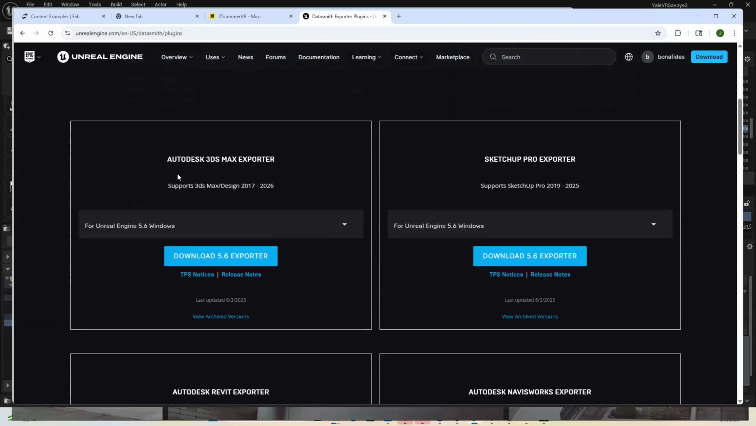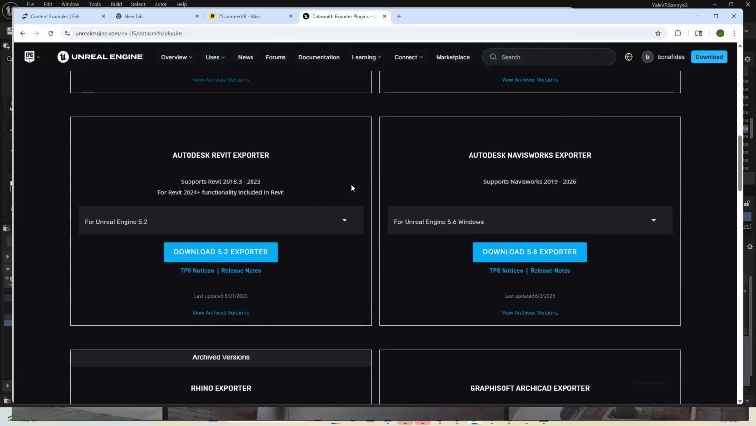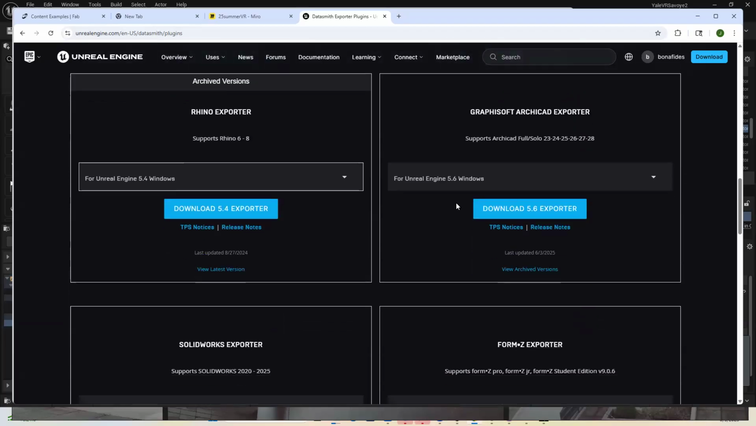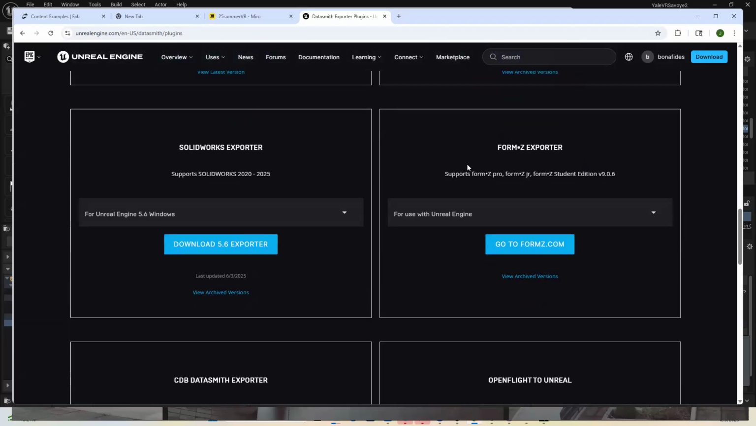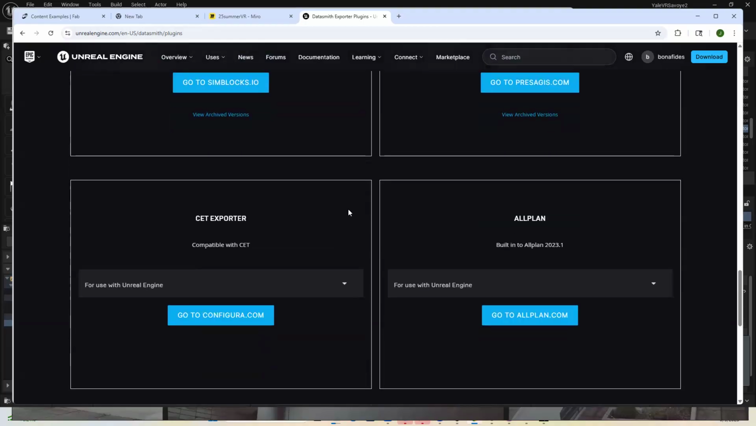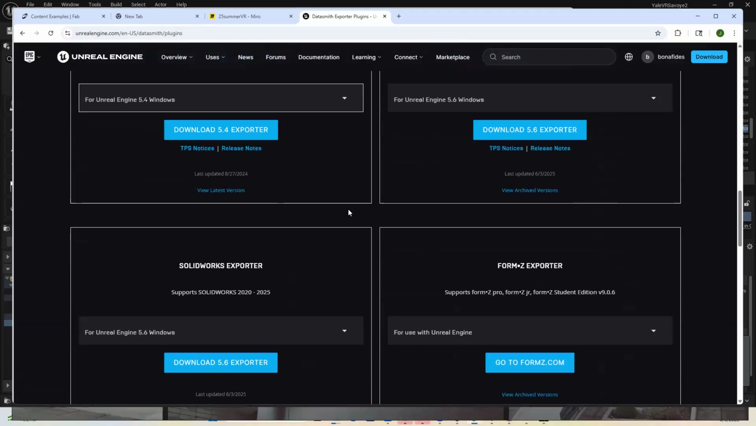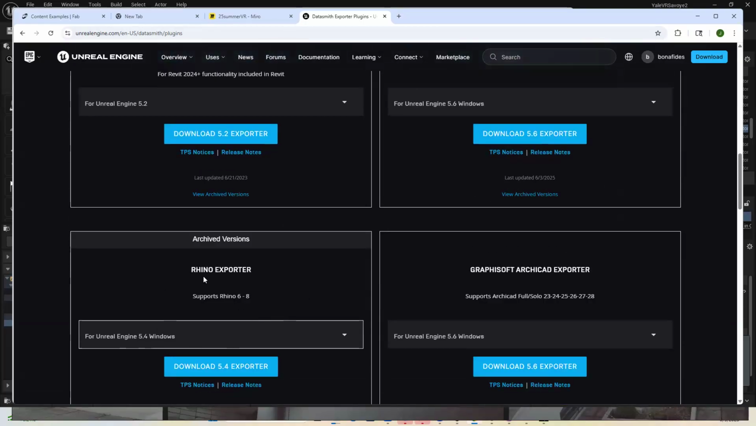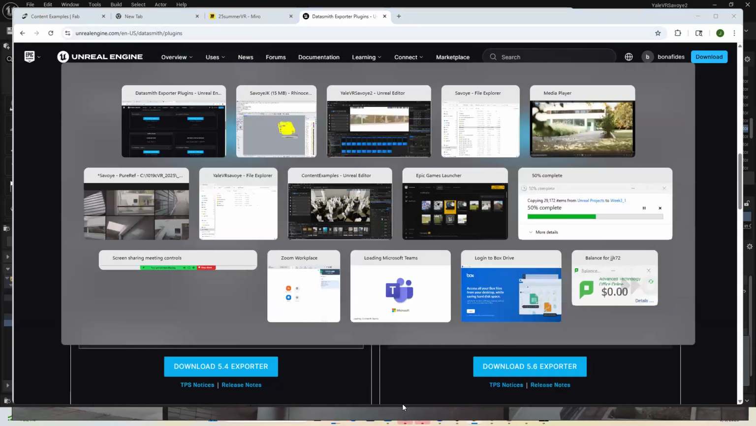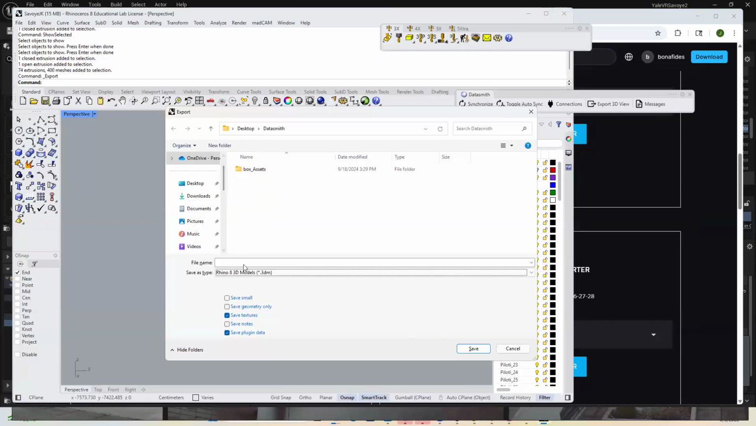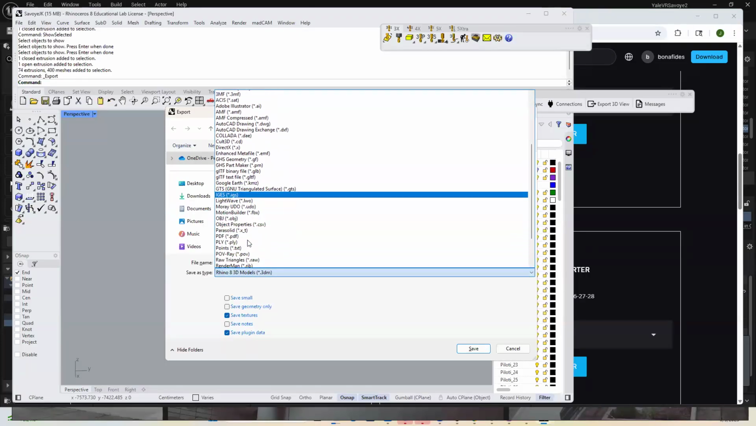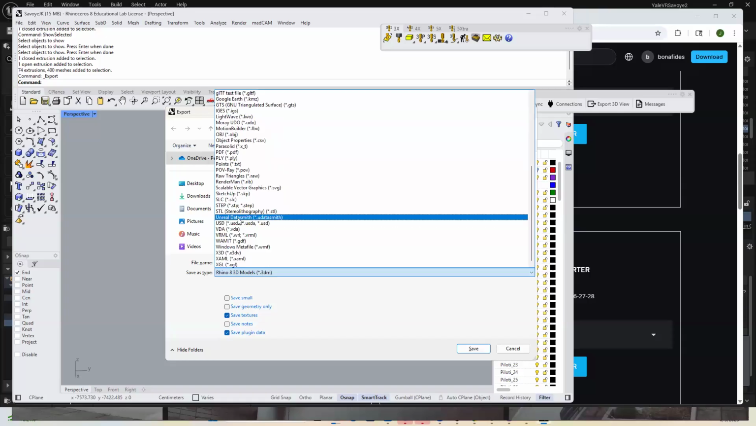If you're using 3ds Max, I can download the exporter for 3ds Max. If I'm using Revit, I've got that. If I'm using Form Z, who uses Form Z? If I'm using any of these platforms, right? But most of you guys are going to be dealing with Rhino, right? So now back in Rhino, I'm going to export this as an Unreal Datasmith